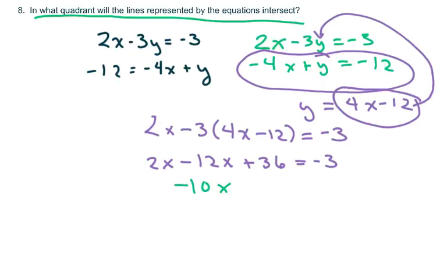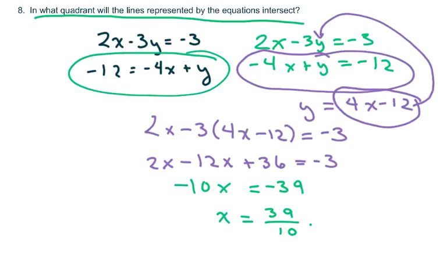So we're going to get negative 10x equals negative 3 minus 36, which is negative 39. So x equals 39 over 10, which is close to 4. Now, once you figure that out, I'm doing it kind of the hard way. You could just graph it and make it easier, but I know x is positive. So I'm just going to find out what y is, and I'll plug it into this